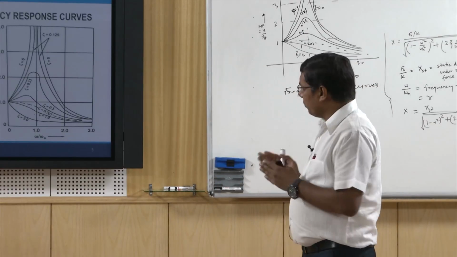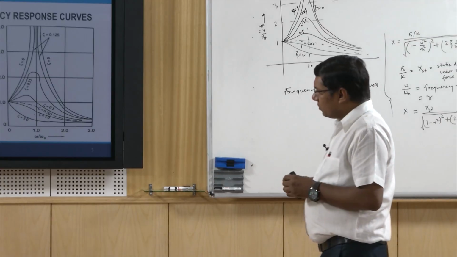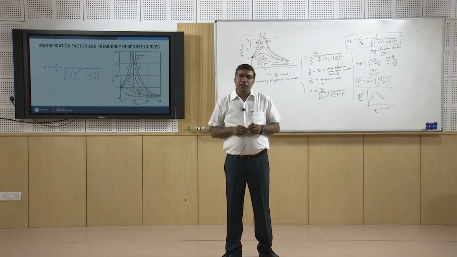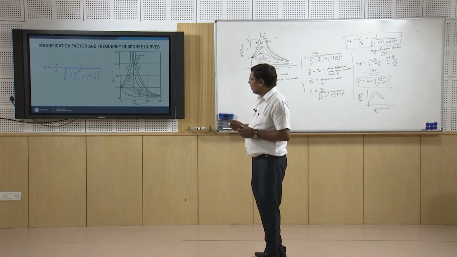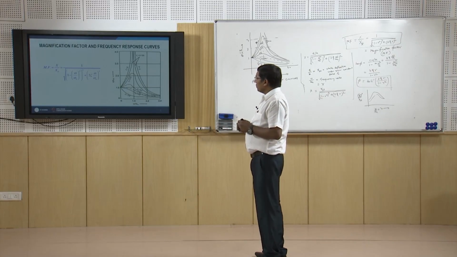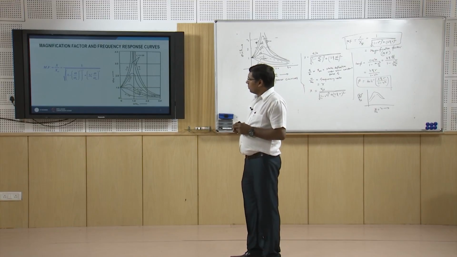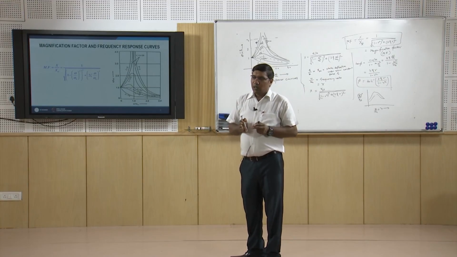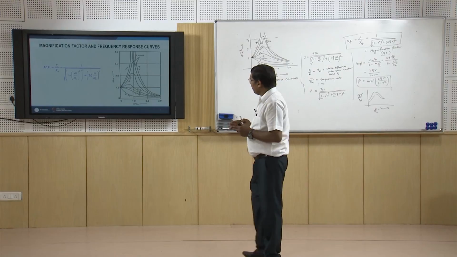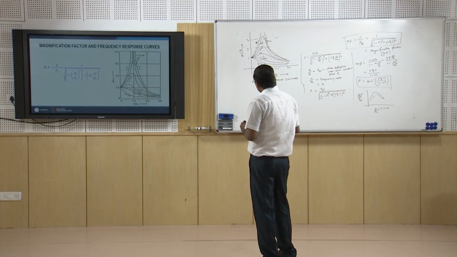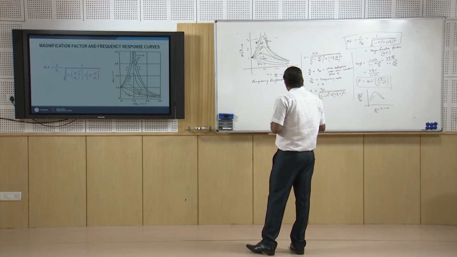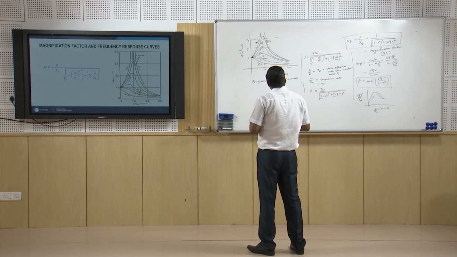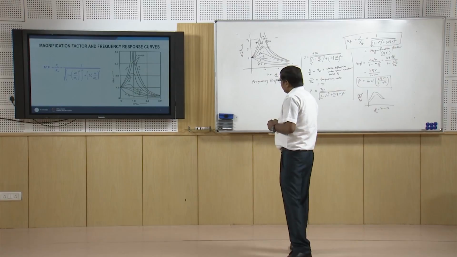So we have some frequency range, and in that range we decide what response we are expecting. We can select the damping value so that our system response stays within our choice. So this frequency response curve,